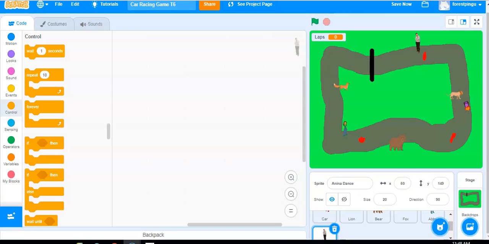Well, in this tutorial, we are going to enable our car to pick up passengers, and you're going to get points or a score each time you collect a passenger. Now, if you're feeling confident, you might want to have a go at this on your own and look back at what we did when we created a variable for laps, and also what happened when we touched another sprite, and see if you can work out how you can get a score each time you touch one of the